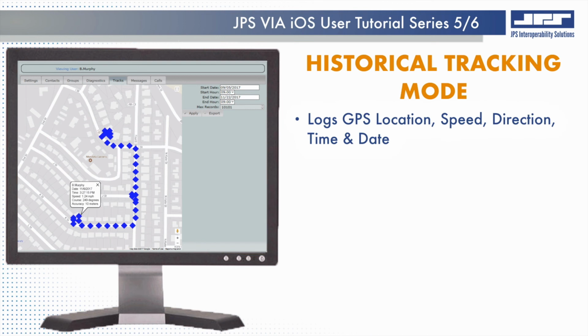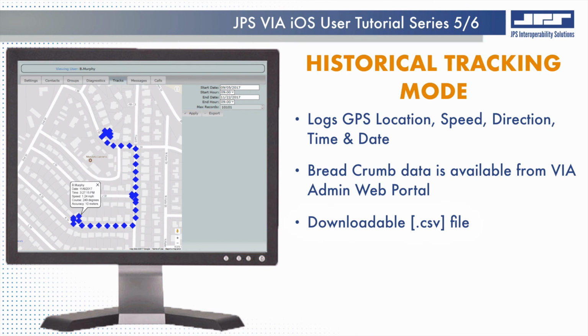Finally, the optional location-based service called historical tracking, when enabled, will gather GPS coordinates, speed, and direction of selected VIA users. Breadcrumbs can be logged at an administratively adjusted rate between 30 seconds and 4.5 minutes. Historical tracking is strictly an administrative function and cannot be enabled or disabled by the VIA user in the field. Data is only available from the VIA admin web portal and can be downloaded in the form of a CSV